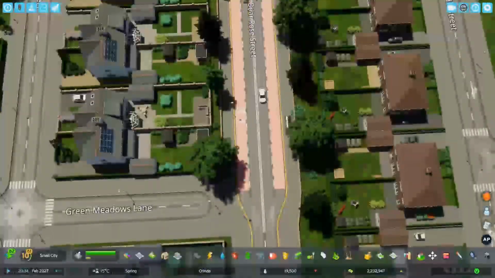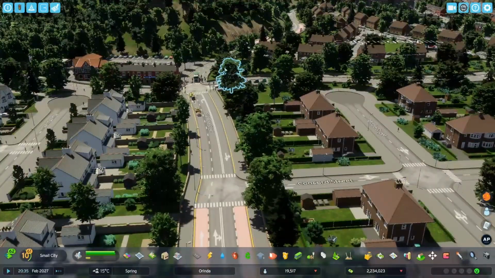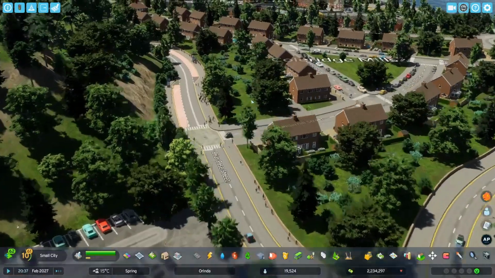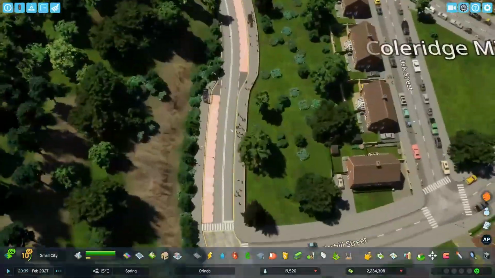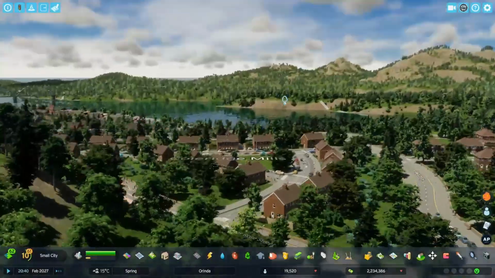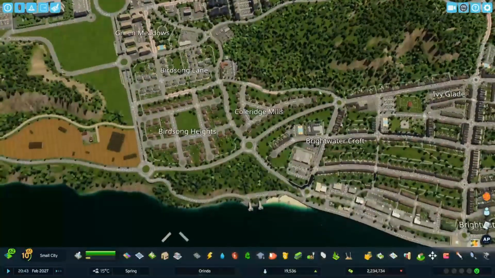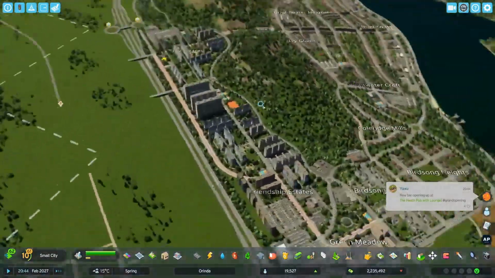I added bus lanes on the bus stops in the British parts of the town, because I didn't want to make the roads too wide, because that's not really an Irish or British way. There's not that many wide roads, especially in areas like here that I imagine is more rural. So yeah, I edited everything from Coolridge Mills, Birdsong Heights, Birdsong Lane, and then all the way around